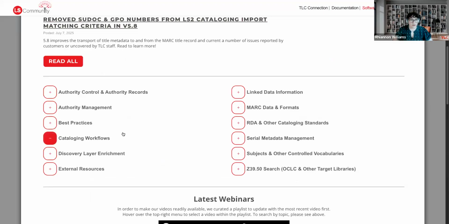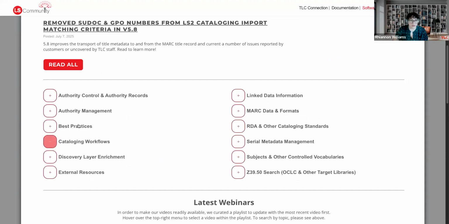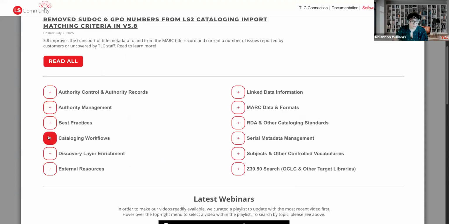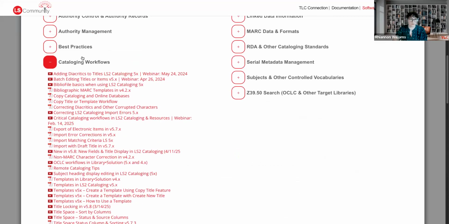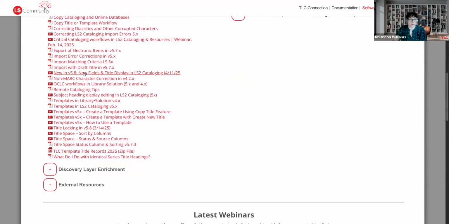I want to go ahead and update my page because I don't know if I have updated it since it was added. So here in cataloging workflows, yes, here we go. We have a zip file here of TLT template title records 2025. So I have a zip file here that includes all of those MARC records that are in my environment right here. And also within our cataloging workflows drop down here on LS Community, we have a